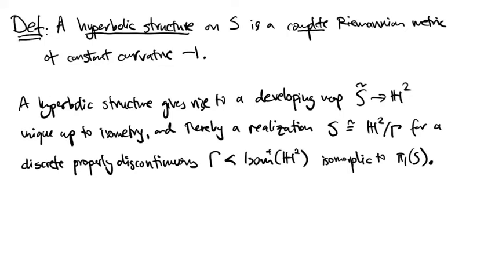In this lecture, we talk about hyperbolic structures on surfaces. A hyperbolic structure on a surface S is a complete Riemannian metric of constant curvature -1. This means that the surface is locally isometric to the hyperbolic plane, so that there is a developing map from its universal cover to the hyperbolic plane, unique up to isometry. Because the hyperbolic structure is assumed to be complete, this developing map is an isomorphism,